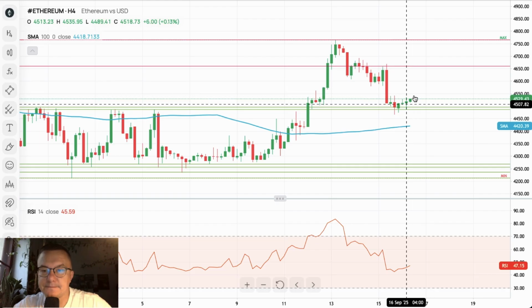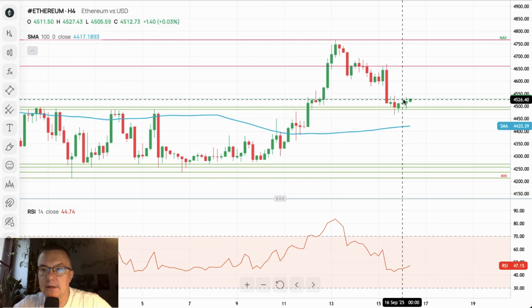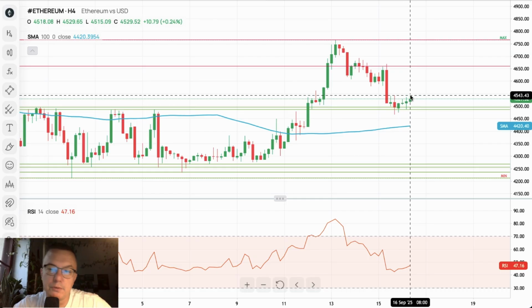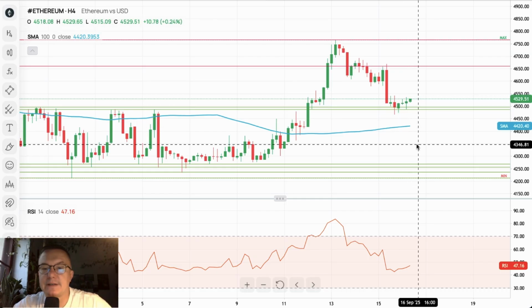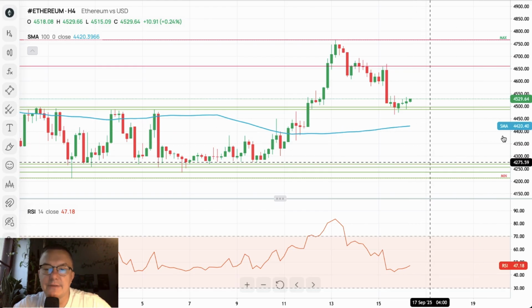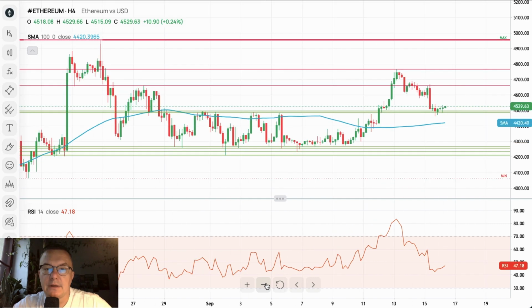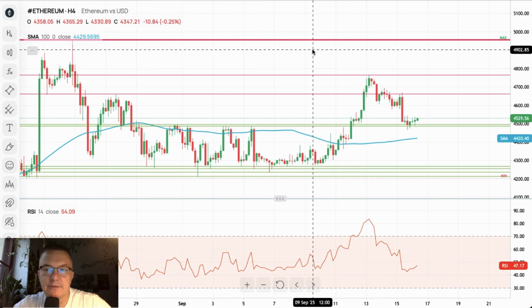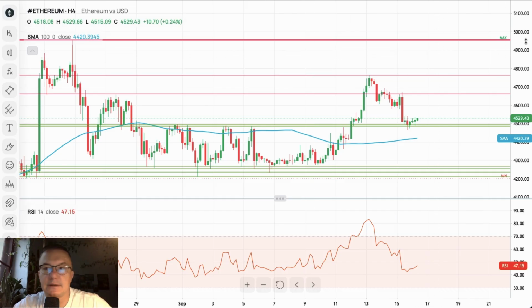It looks like the volatility has just decreased, and the market is waiting for the opportunity to push this price back down towards the 100 periods moving average located at 4,420, and then even below it. So it doesn't actually look bullish right now on the 4-hour time frame chart, unless something fundamentally different happens on the Ethereum market.